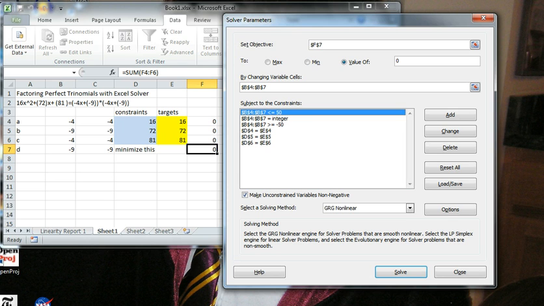Then, because in most cases these perfect square trinomials are within a range of 50 for the factors before the variables, between plus and minus 50, and they're usually integers. And then in these constraints, I have just set that they must equal the targets, and that's